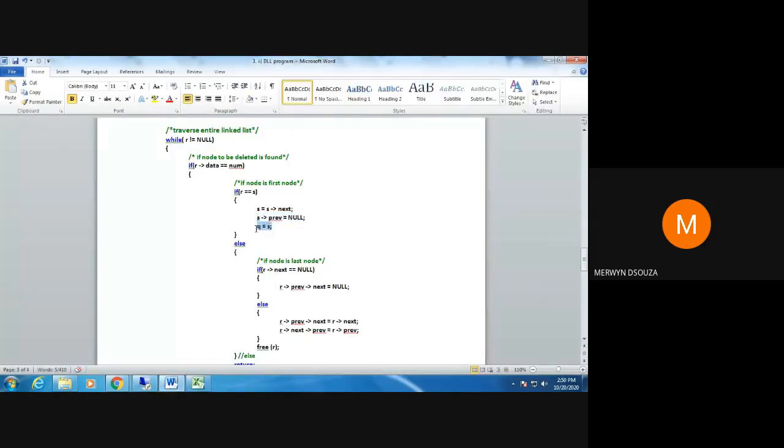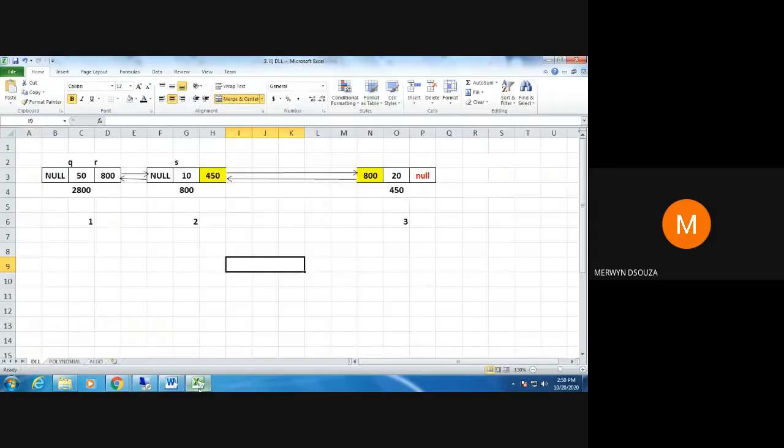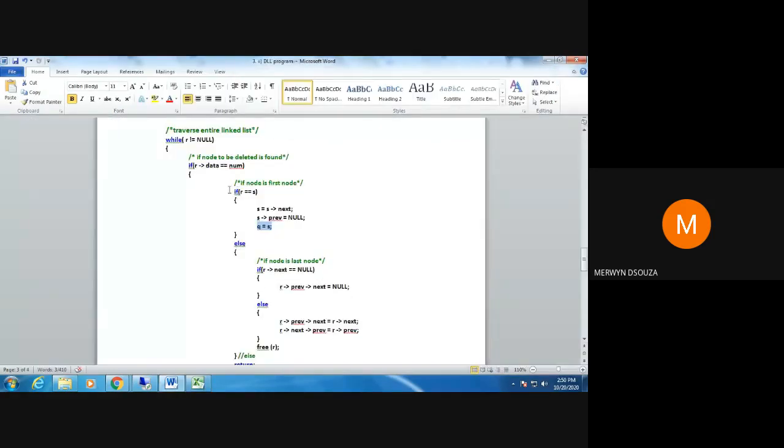In the last line, I will shift Q. So I will give the value of S to Q. So that means Q will get shifted from there and Q will come here.